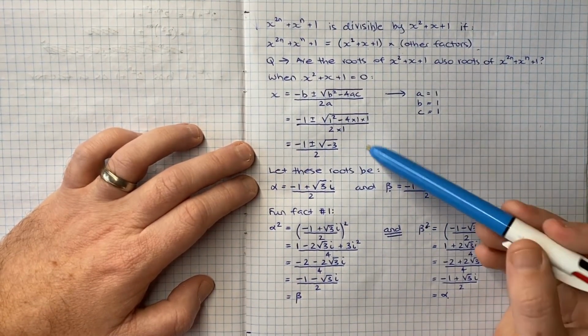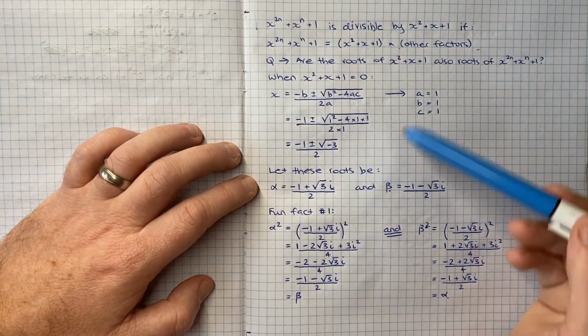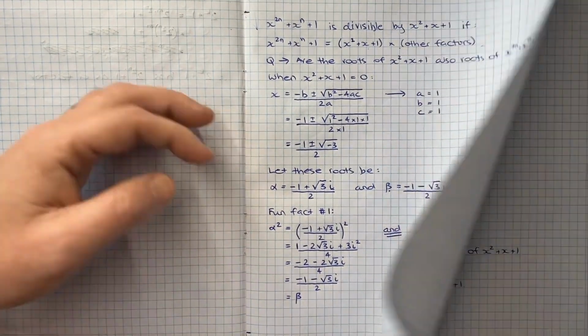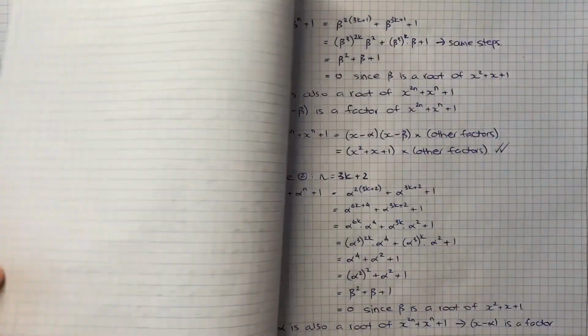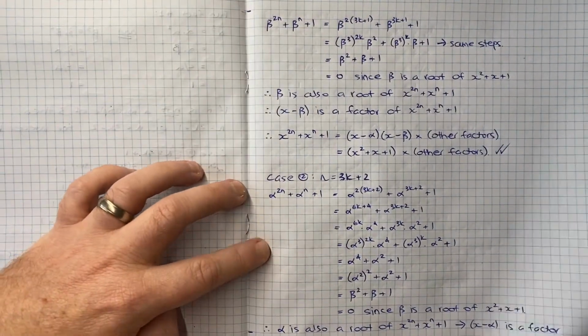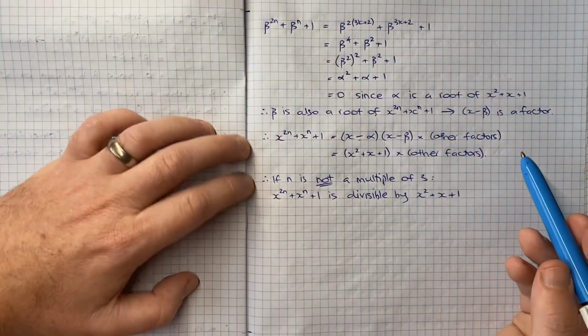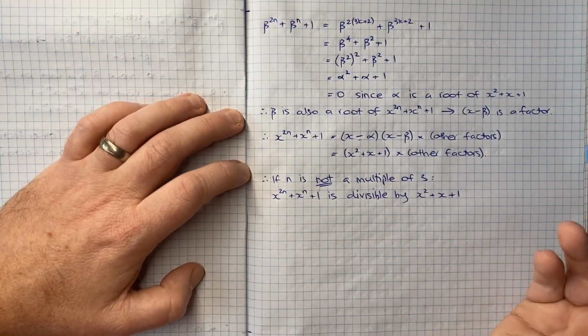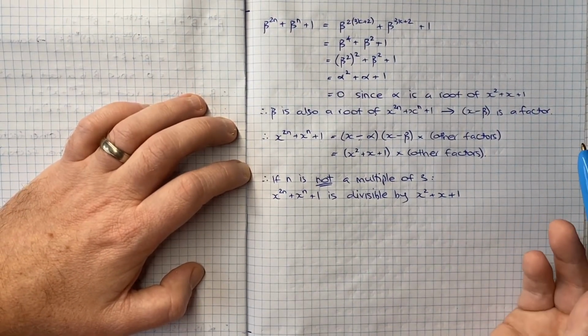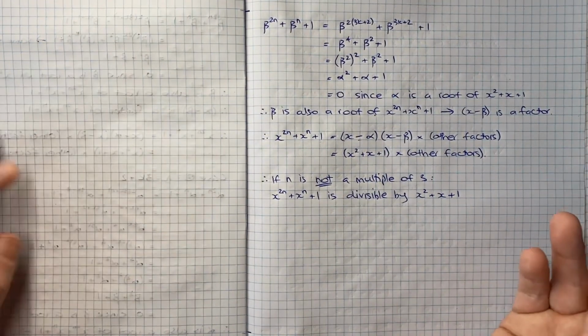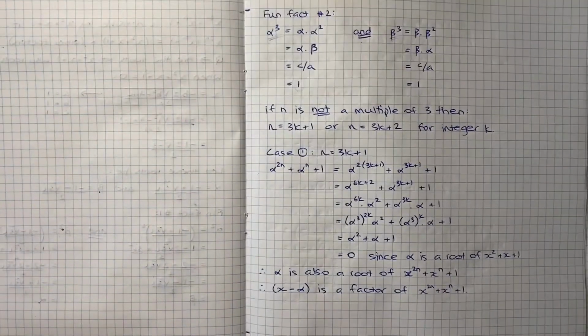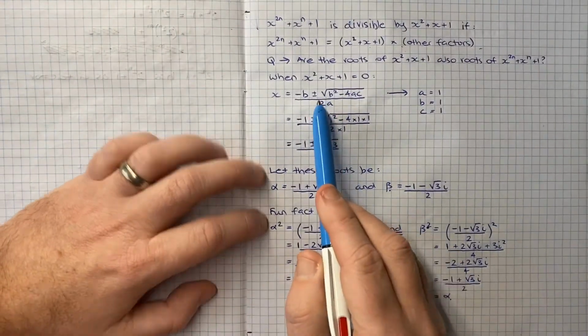And I think this solution, whilst probably longer in terms of the amount of working you have to do, gives perhaps a better chance, if you're struggling with the roots of unity approach, that you might understand this approach, because fundamentally what I've done is I've just gone right back to the basics of the quadratic formula,